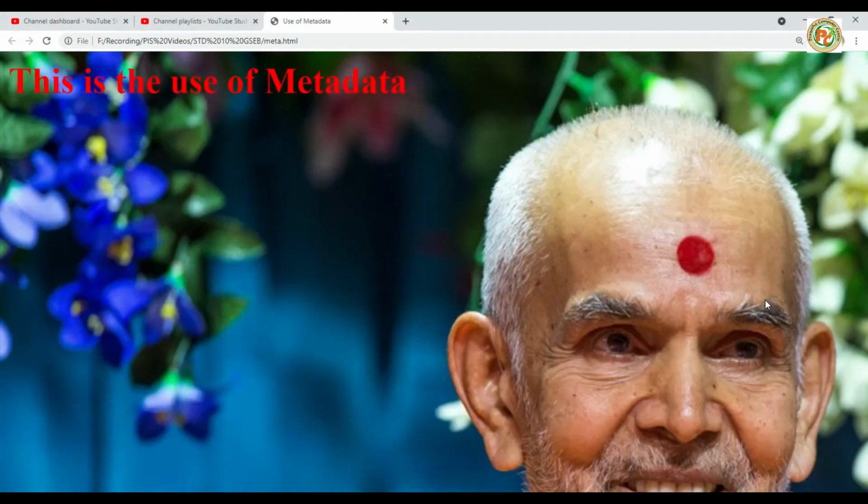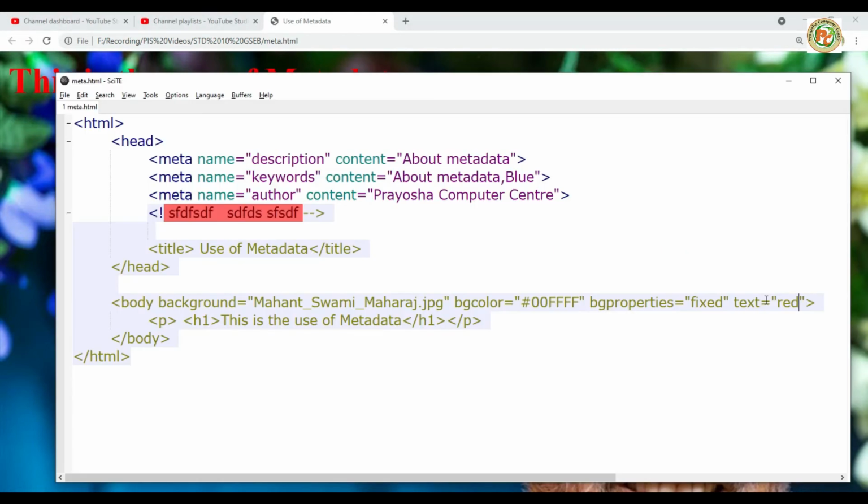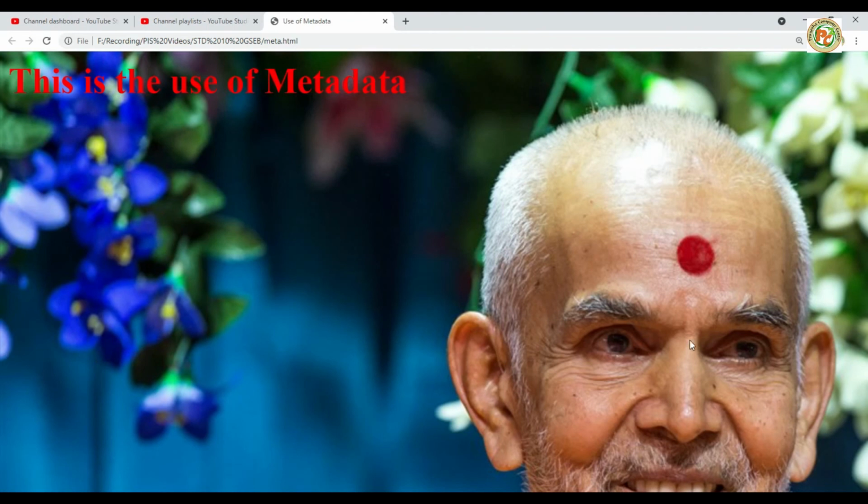Ctrl S and F5. So the second thing we have learned today is how to assign the background image. The background will be in the body tag, and if you want to change the color of your text, then we can assign it in the same body tag with text is equal to the specific color name. Okay students, so this much we have learned today, and after this we are going to do the next thing, that is the horizontal line and how to draw the line here. If you want to draw the line here, we can draw the line.